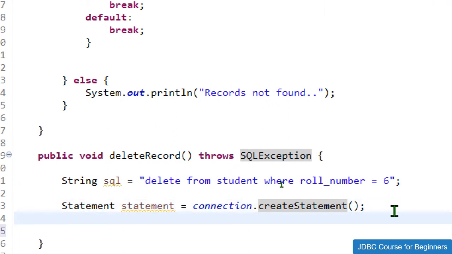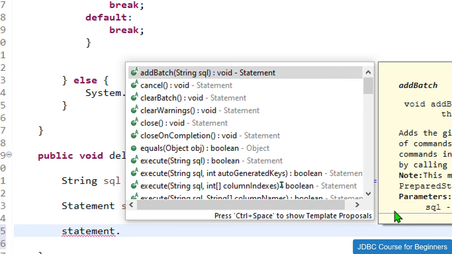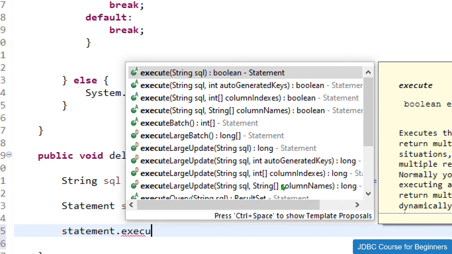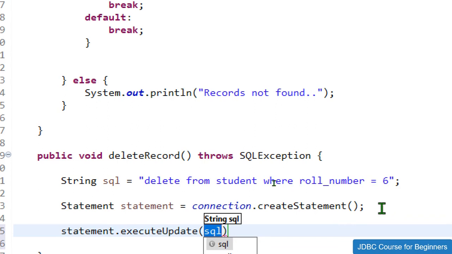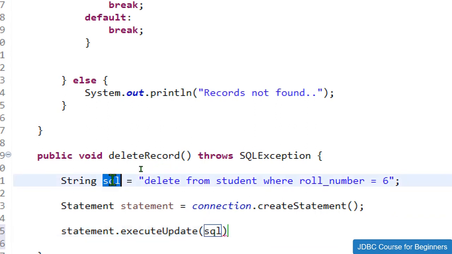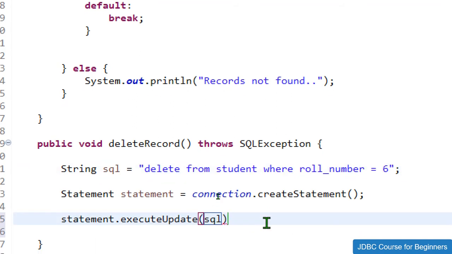We just need to perform the operation, that is statement dot execute update, and inside the brackets we need to pass the SQL query. My SQL query is stored in this SQL variable, so we just need to pass that SQL variable over here, and then it will return me one integer number.